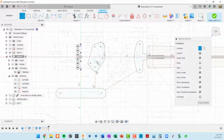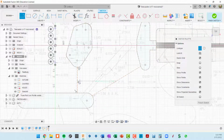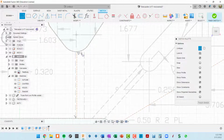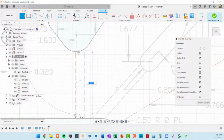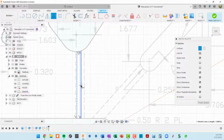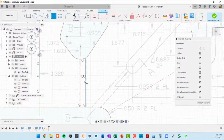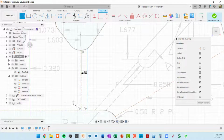So the control cavity is linked now to these other two. And basically, I'm going to use these lines as guidelines for real geometry that is also going to intersect with the pickup cavities. And I'll do my dimension from the center here to my real line. And let's make these, let's make these 3/8 of an inch. So this will be 3/16 on this side, and we'll make another one here,